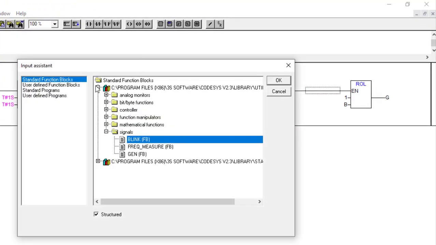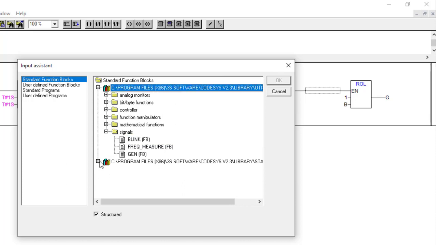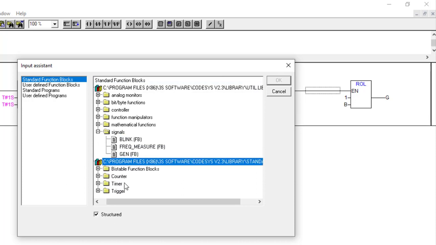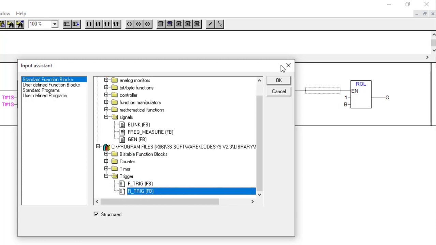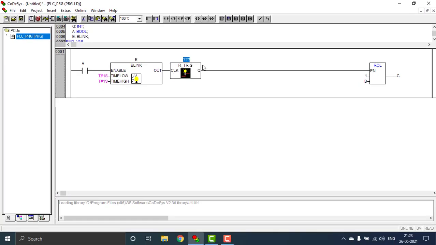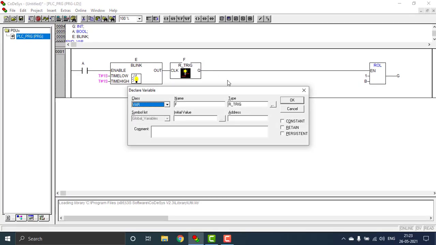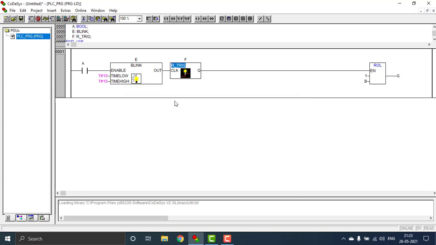The pulse input I have to select. So inside this standard library I have to select the trigger. Inside the trigger you can see the rising edge trigger, R_TRIG, that will only pass the rising edge pulses of the PLC. So just defining it as F, that will be R_TRIG.